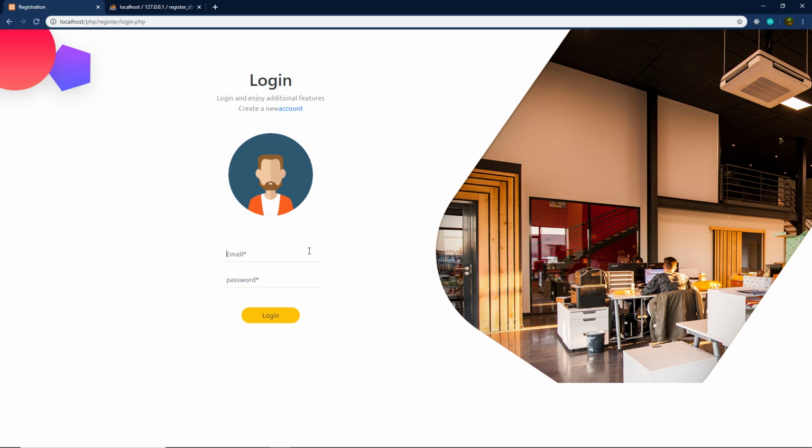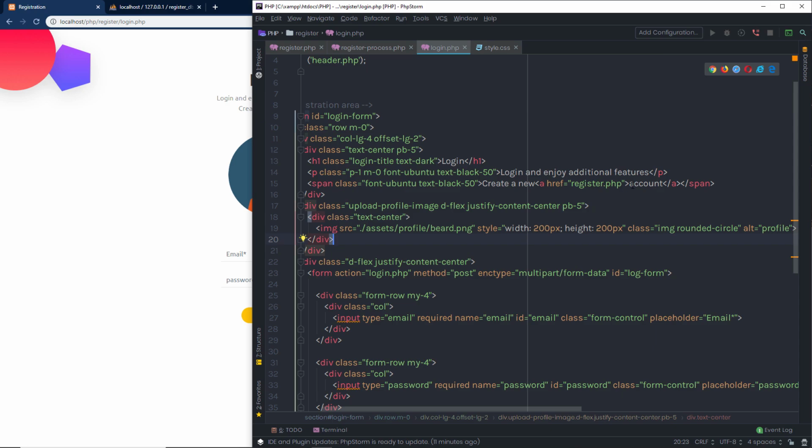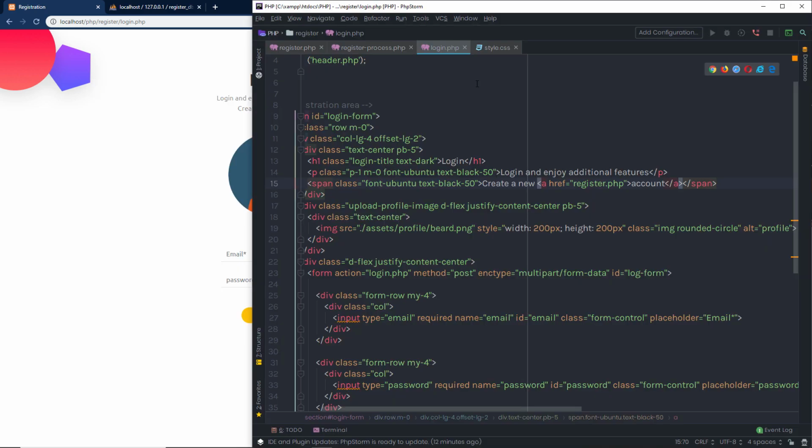I don't want to allow the user to autofill this email and password, so I'm not going to specify a value for this input, email, and the password. I just want to add some space between this create, so I'm going to just add some space here like this. And now I just wanted to add some padding to this login, so I'm going to go back to my style.css,